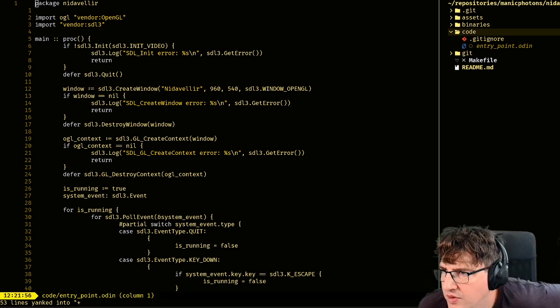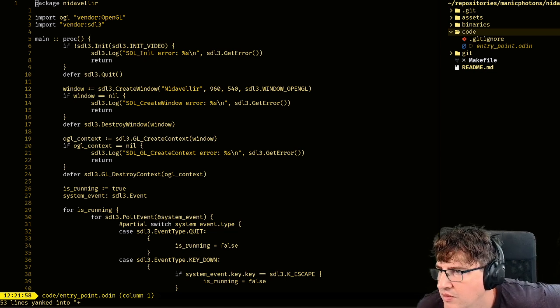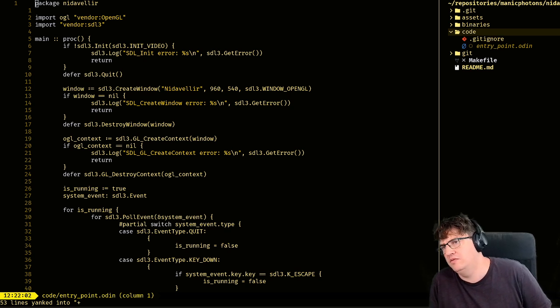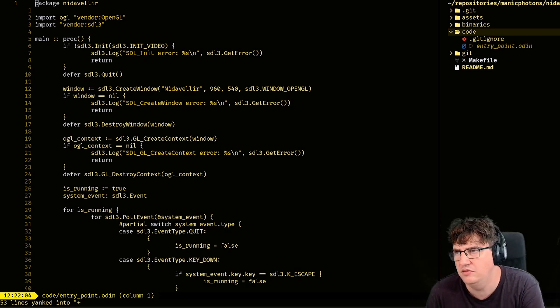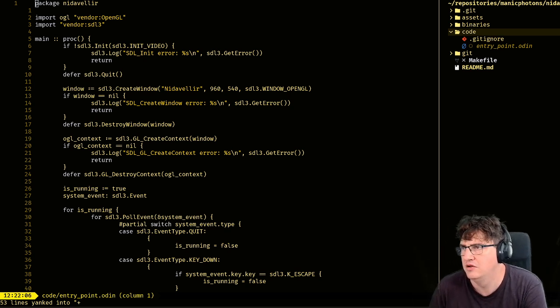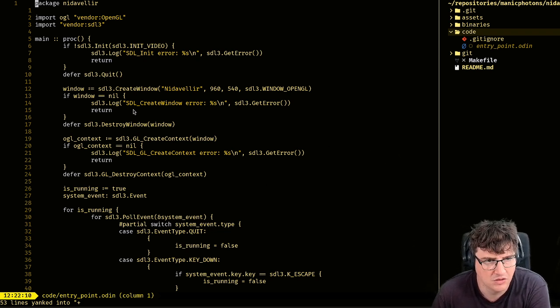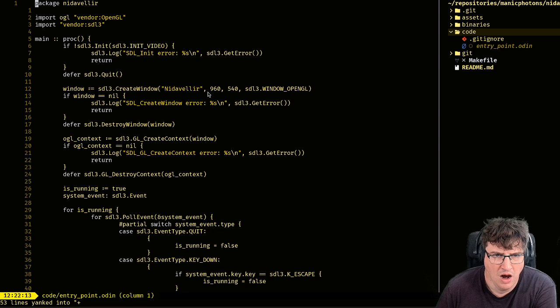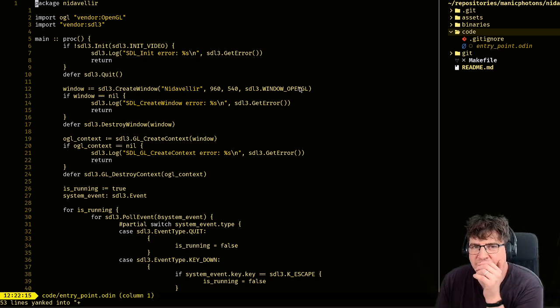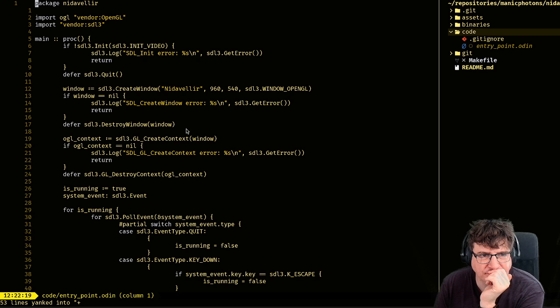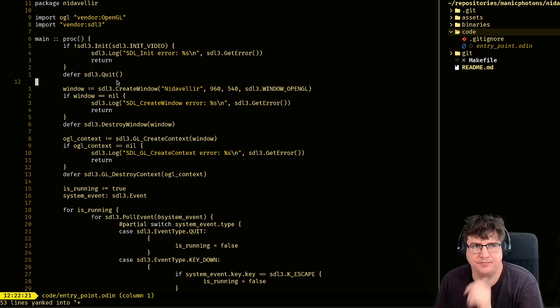Create window takes a C string for the title, a width, a height, and some flags. That's all it takes. A width, a height, and some flags. Yes. Okay. Not quite sure why.